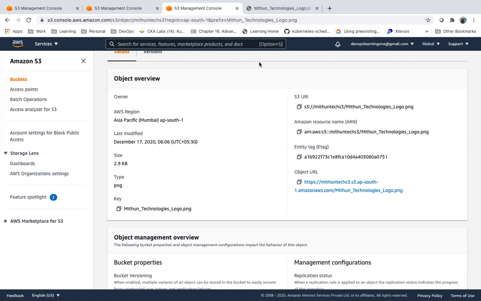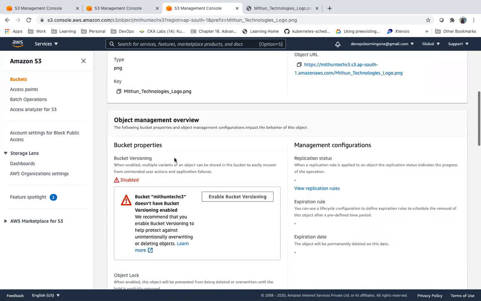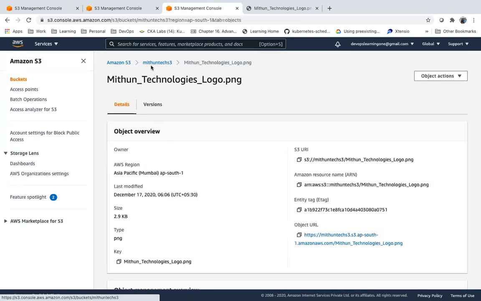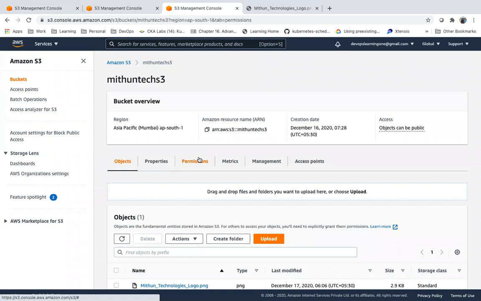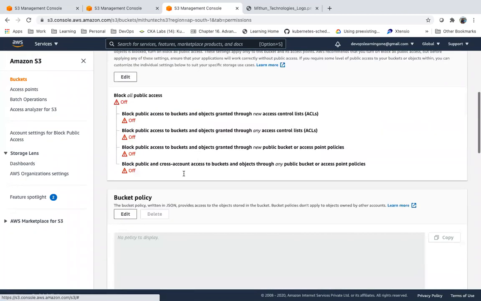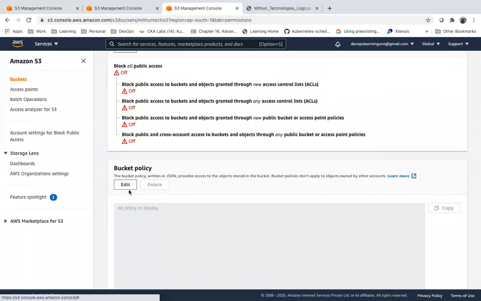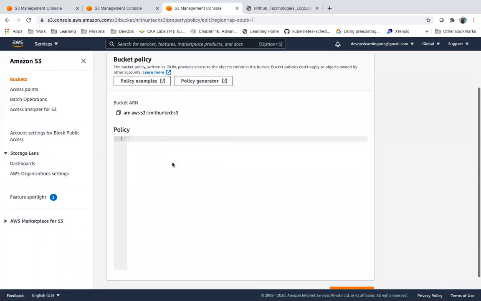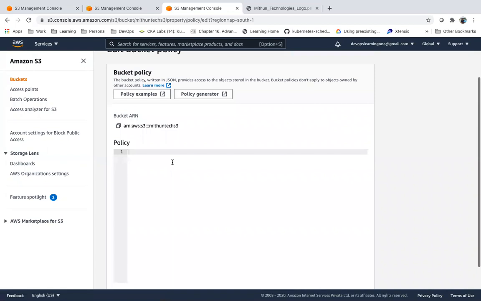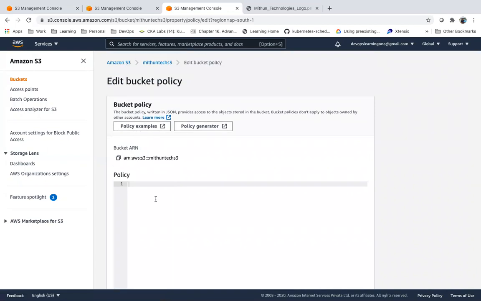So if I want to manage specific permissions, what I can do here is define a bucket policy. Let me take some examples here itself.